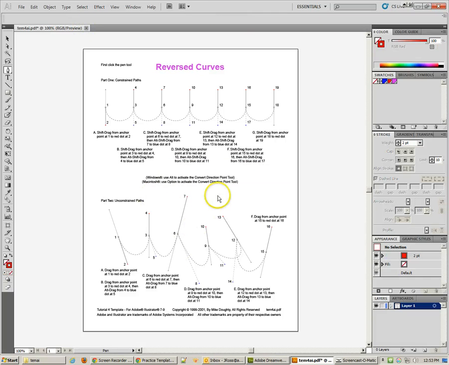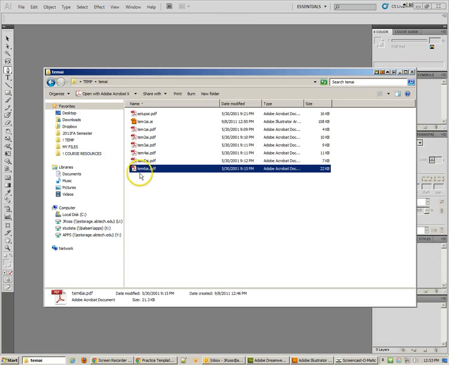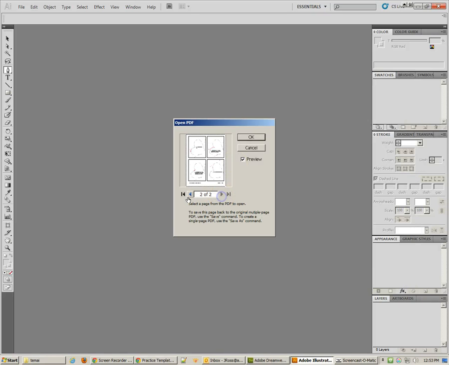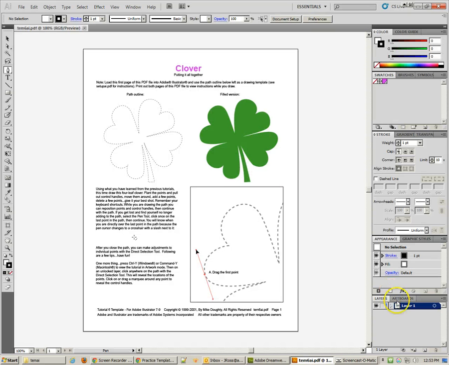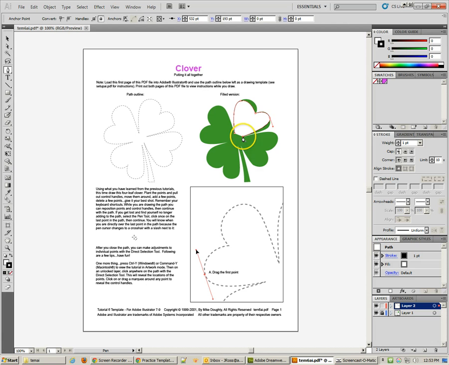Now I'm going to skip to the end of the tutorial, and that's this template 6. I'm going to drag that in, and you'll see this is a multiple page PDF. What I'd like you to use is the first page, and we're going to go ahead and lock and then change all the colors and everything else. And what I'd like you to do is draw the clover, but this time do not use the tutorials. I want you to basically trace this shape and get as close as possible